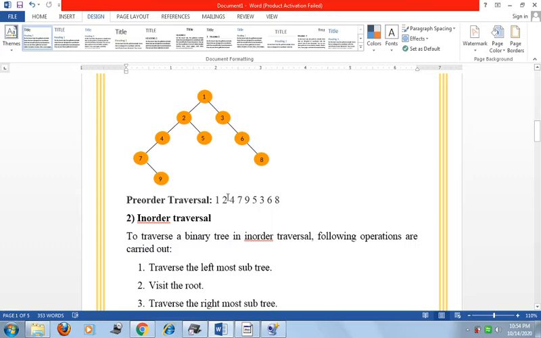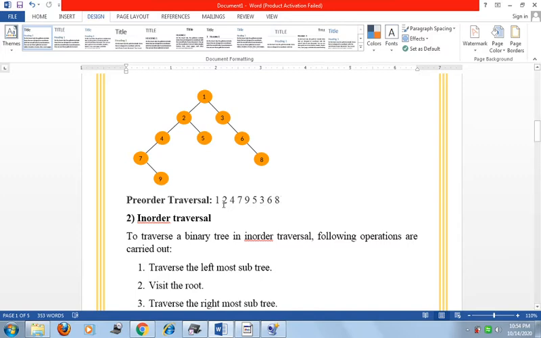So write 7 right here. 7 has no left subtree, so it will go to the right-hand side. So 9 will be written here. Now it will backtrack to near the 2, and 5 will be written right here. So this left part is completed. Now we go to the right side of that tree. So here 3 is written because 3 is the root of 6. So 3 is written here. Now 6. 6 is also the root of 8. Now we write the 6 here and 8 is the last node. We write it here. In this way the pre-order traversal technique operates.